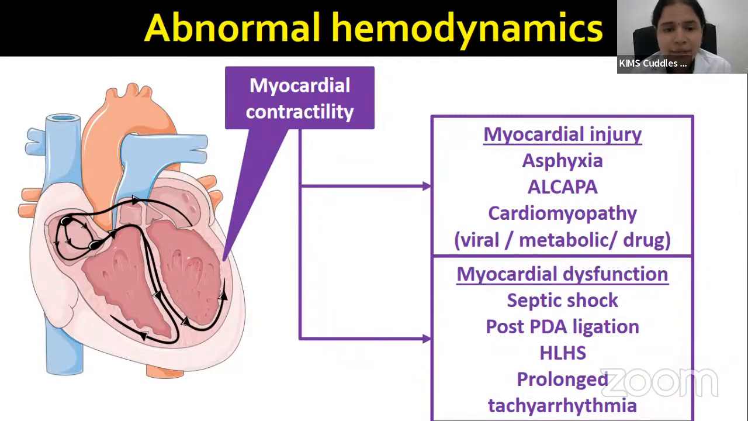Likewise, myocardial contractility can be the issue in various conditions where there is significant myocardial injury, like in birth asphyxia or postnatal hypoxia, or it may be abnormal in ALCAPA, where there is anomalous origin of the left coronary artery from the pulmonary artery. It may be involved in cardiomyopathy, either post-viral or post-metabolic conditions, where there may be things like thiamine deficiency, beriberi cardiomyopathy,